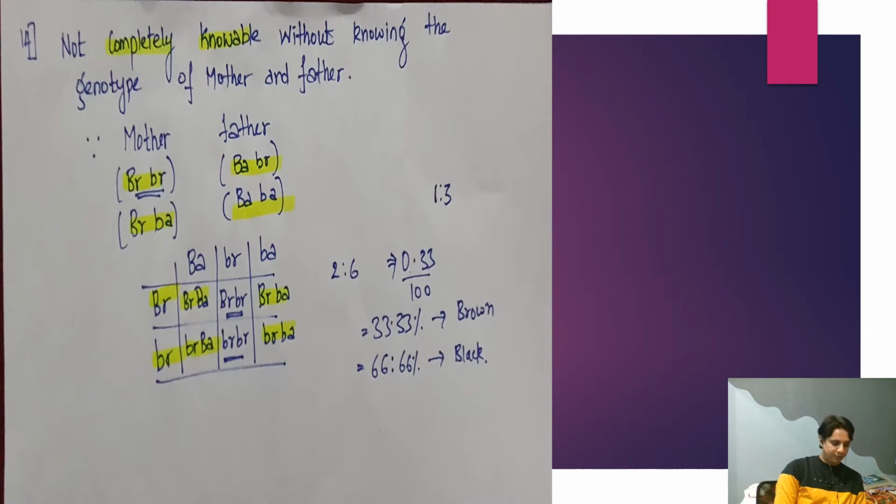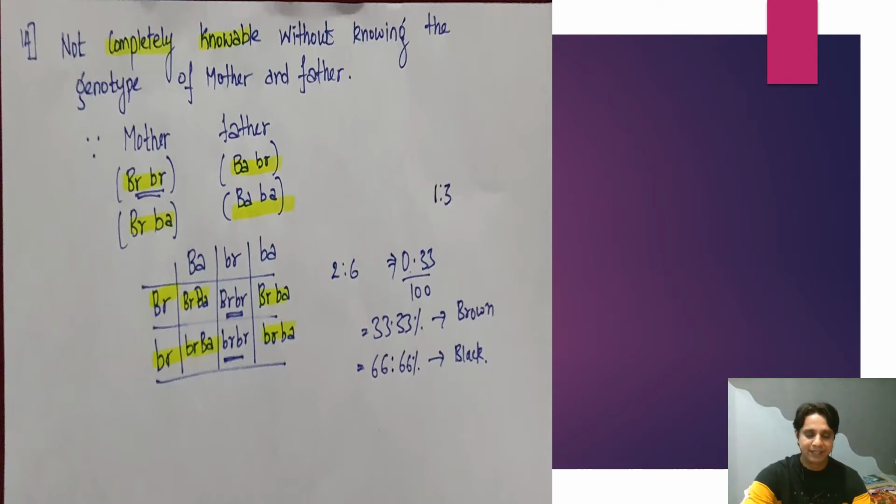14th one has got me a bit off guard, and the question says the gene of brown colored hair is recessive over gene for black colored hair. What is the color of a person who has inherited a gene for brown colored hair from mother and black colored hair from father? So they are basically asking us to predict the hair color of the baby.